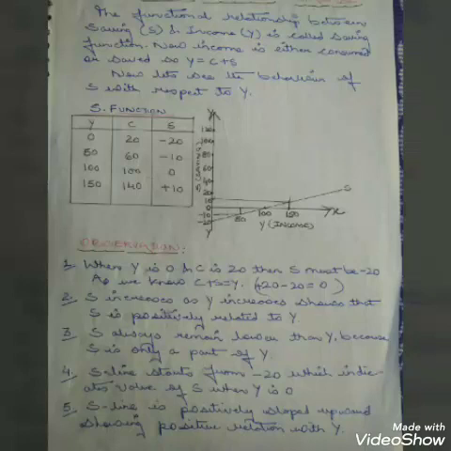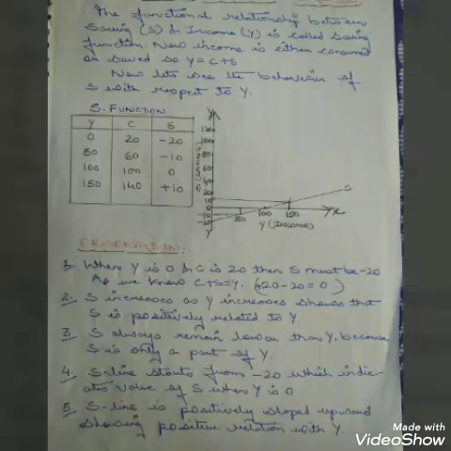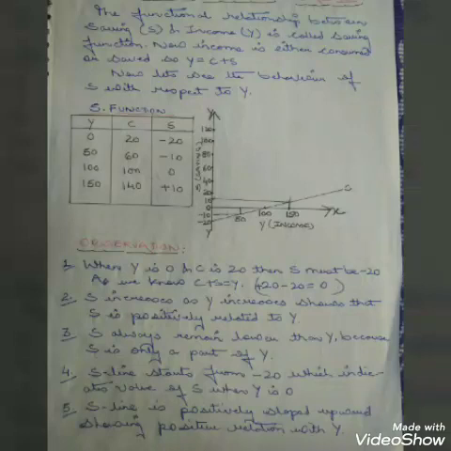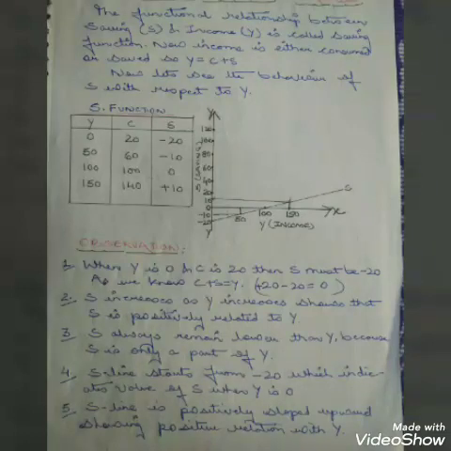And if we see the saving part, saving is a part of an income. So if your consumption is 20, when your income is 0, your saving goes in negative, that is minus 20. Then when your income is 50 and your consumption is 60, your saving is again negative, that is minus 10. When your income was 100 and your consumption was also 100, your saving is 0. When your income increased to 150, the consumption was 140, so your saving was plus 10.